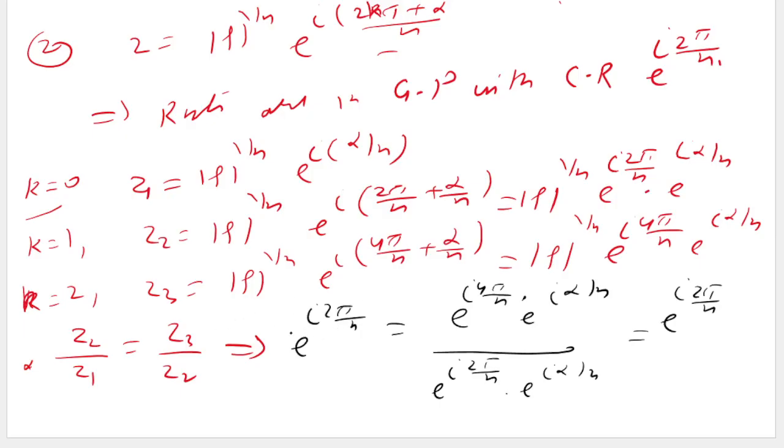This value is z2 by z1, and this value is z3 by z2. Since z2 by z1 is equal to z3 by z2, they are in geometric series, and the corresponding ratio is the common ratio. So the common ratio is e to the power i 2 pi by n. Now the third property is